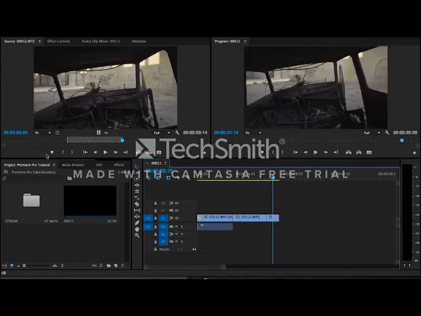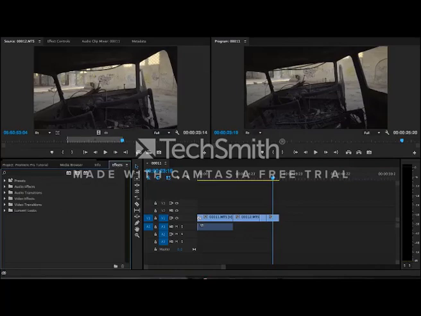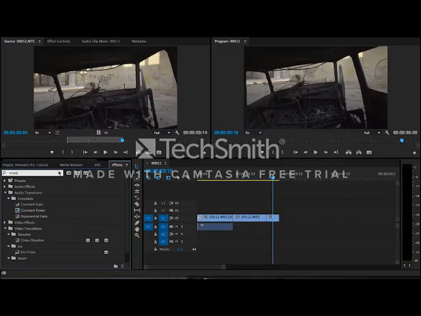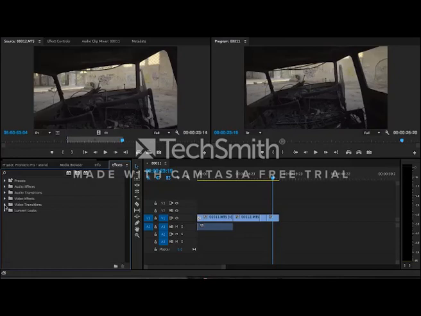Now this is down here for me on this workspace. For you, if you have another workspace selected, like I said in the beginning, you might find this somewhere else. So once we go there, we can go under the search bar and we can just type in cross, and this will bring up cross dissolve under the video transitions category. Now you can just scrap that altogether and you can directly go under that folder of video transitions and